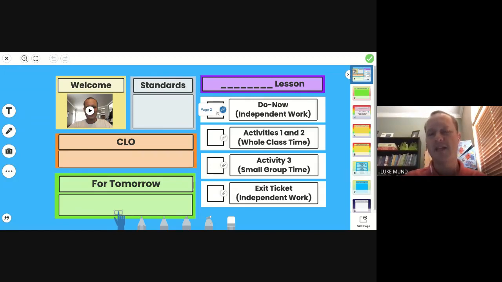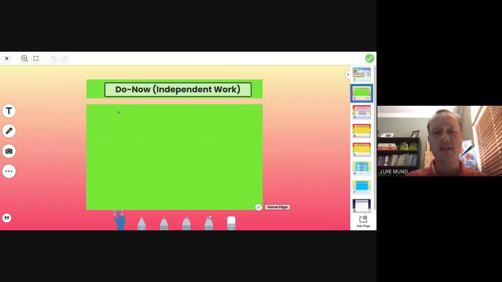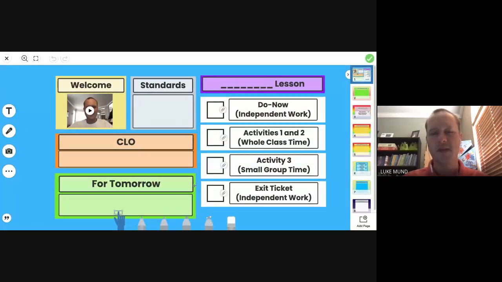So my PE lesson, I could have a do now, and I can link to each of my pages. It's going to take me right to my do now, right? I can include a video here. I want my students to do some jumping jacks to warm up. And then I want them to film themselves doing the jumping jacks back. Or they would just give me a little thumbs up or something here that they've done it. They complete their jumping jacks and then they come back, and I can link back to my homepage. They come in here, they take their pencil and they say, hey, I did that. I did the do now. Now I'm going to move on to this.